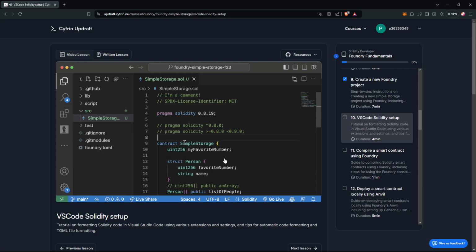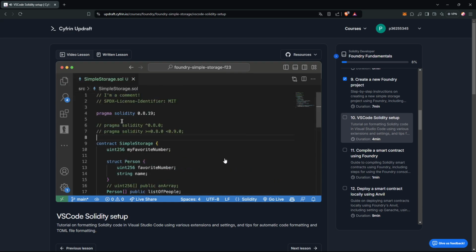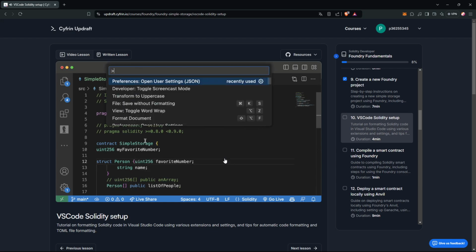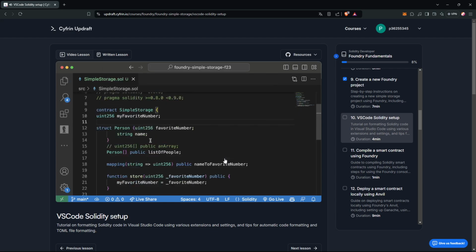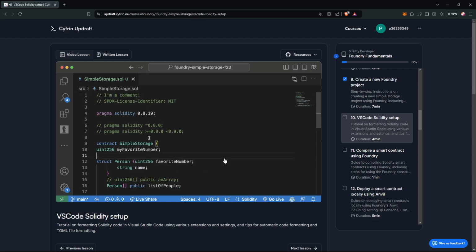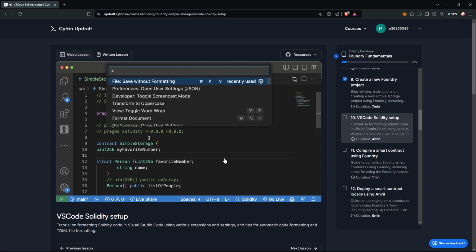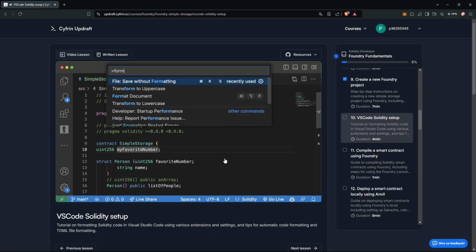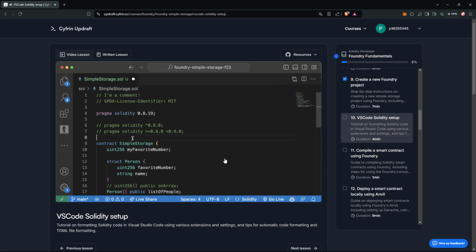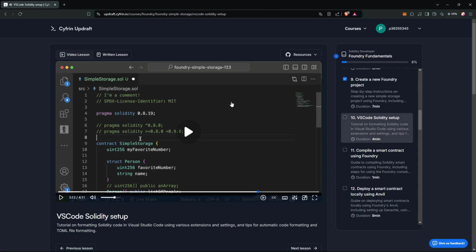The other thing that's really good about us adding that default formatter is in our code here, maybe this isn't formatted very nicely, right? Maybe we've got this over here and this over here, and it's kind of not looking very nice here. If I go ahead and save without formatting, it'll save it here. But what we can do is if we add that auto formatter, now if we do Command Shift P, again, that brings this command palette up. You can also get it by hitting View Command Palette, and we type format document. It'll format our code automatically depending on